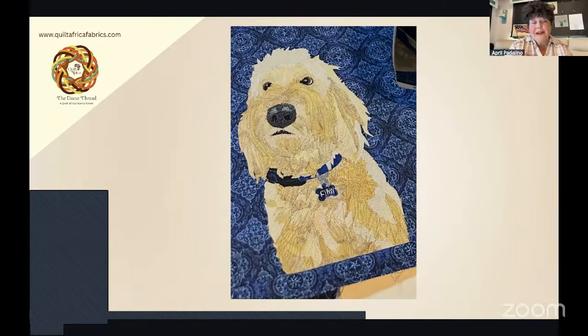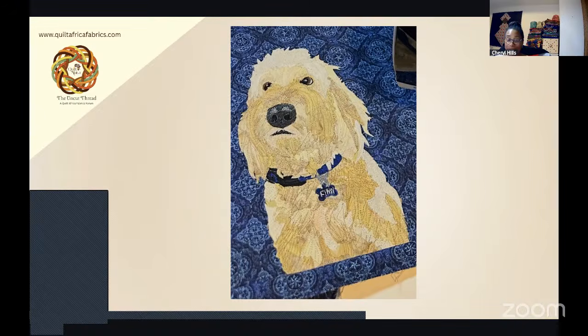So I was happy with his results. There's lots of things, of course, I see that I would like to improve, but I was still very happy with the progress and the learning that I'm achieving. I love the fur, it's just great. I can see where color value is very important to you with a dog with just kind of one color hair.